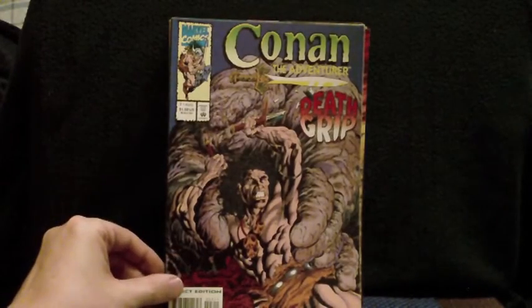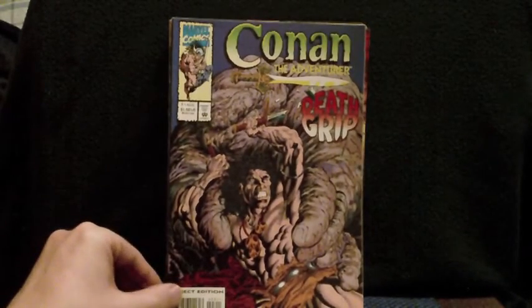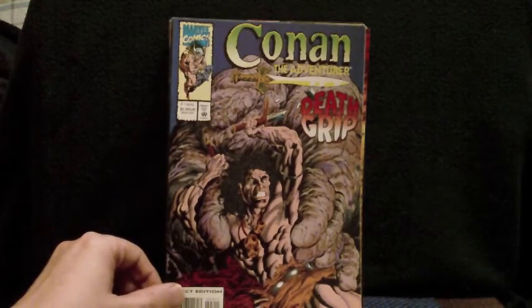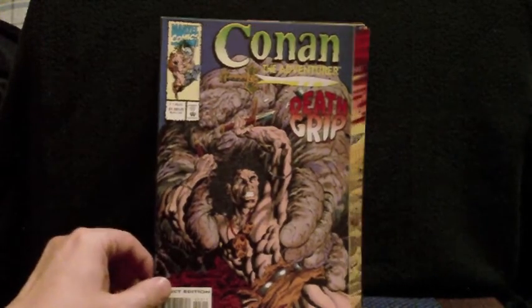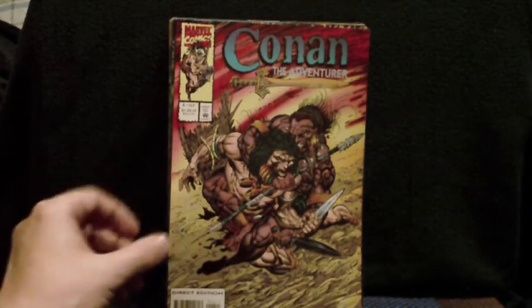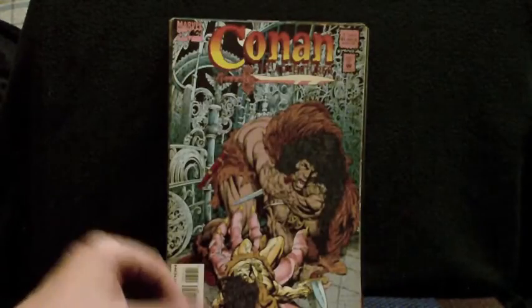issue number 3. I know Dark Horse tried to keep it very close to the works of Robert E. Howard. How close they did at Marvel, I don't know. That's something I'm going to have to look into. Or did they just kind of make up their own tales of Conan? Issue number 4,